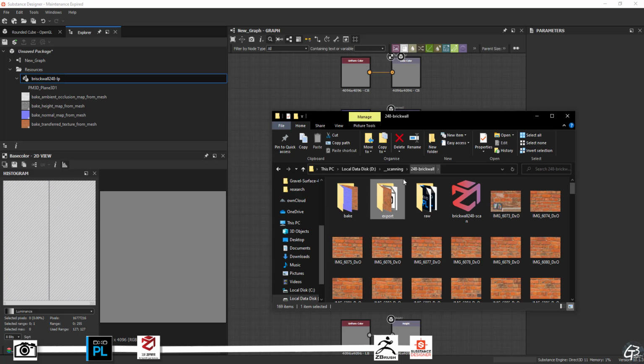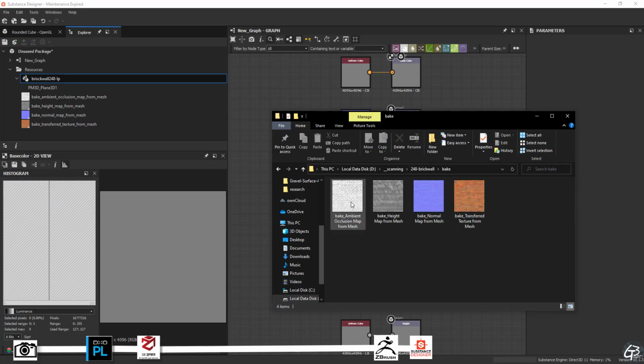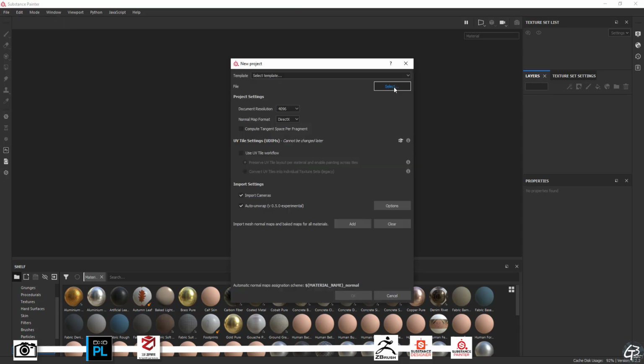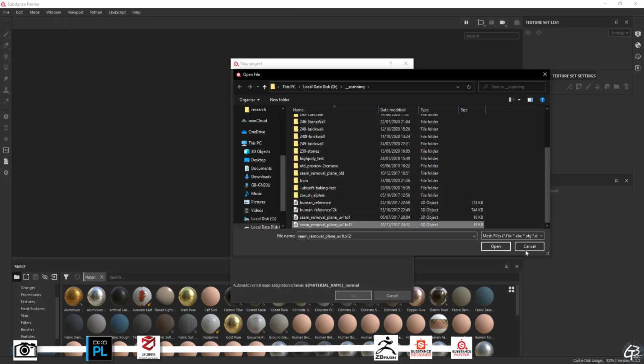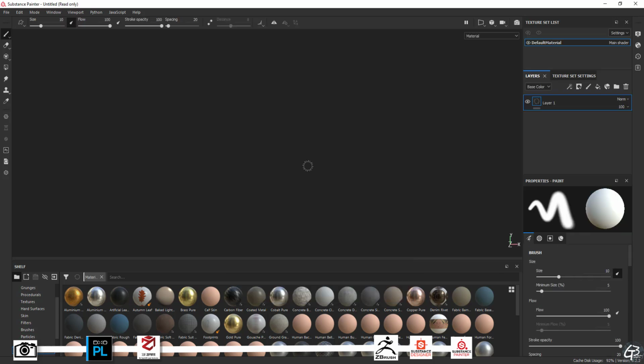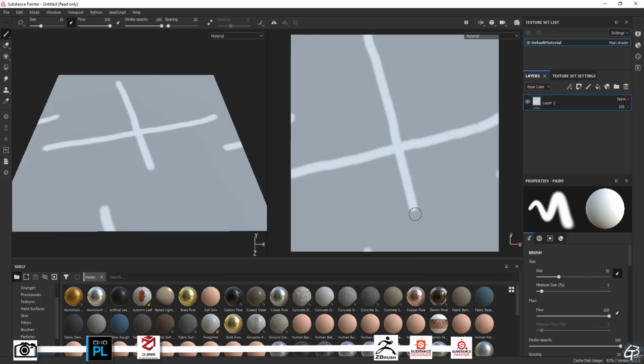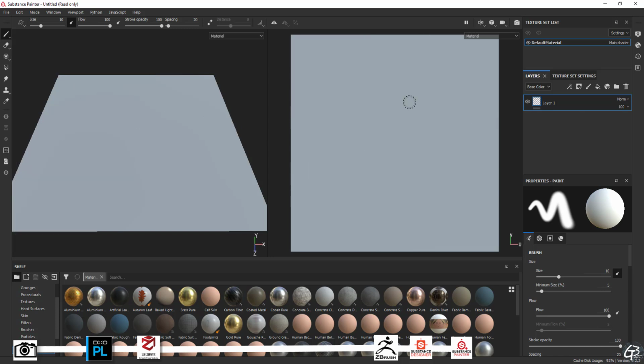Since they don't tile at all and have visible seams on every edge, in the next step we need to remove those seams. We can try to do it automatically and sacrifice some material quality, or we can do it manually brick by brick, and this is what I'm going to do in Substance Painter. Let's start a new project and bring a 3D plane I'm going to use to remove all seams. This plane has a special UV mapping, so it's going to be easier to work on the texture edges.